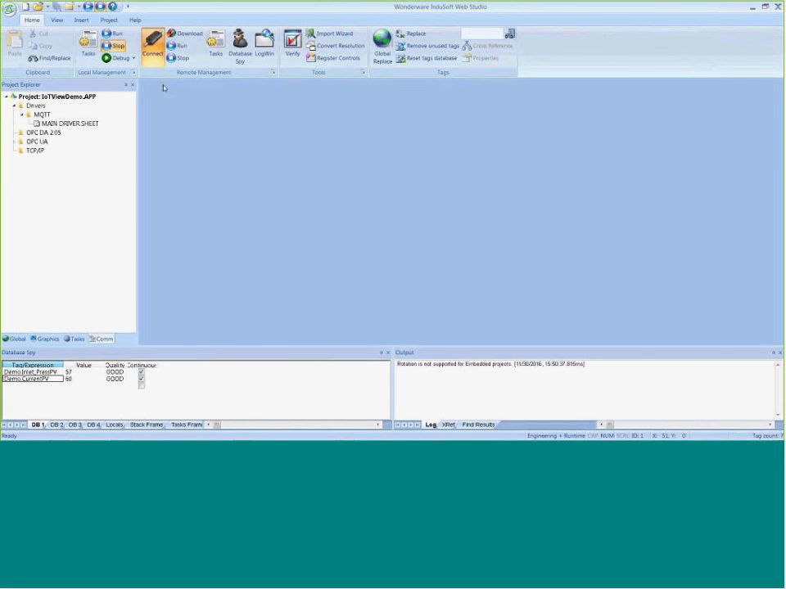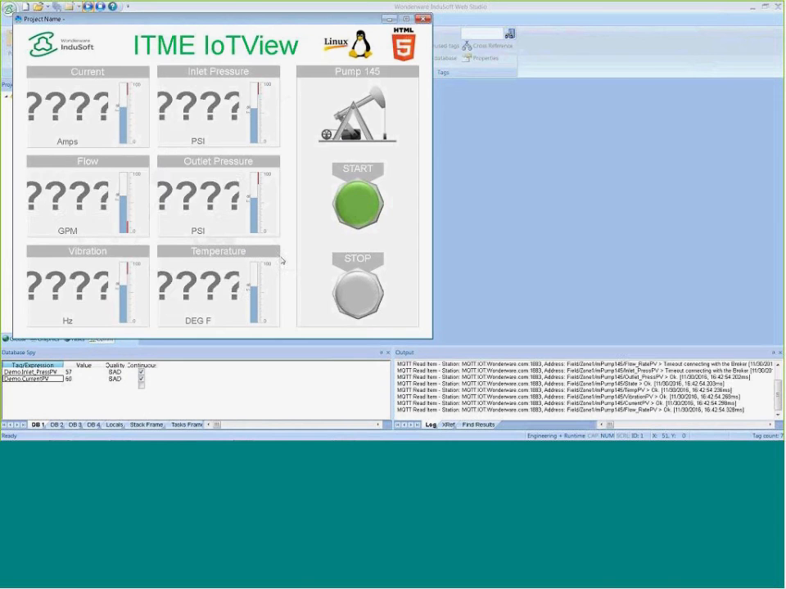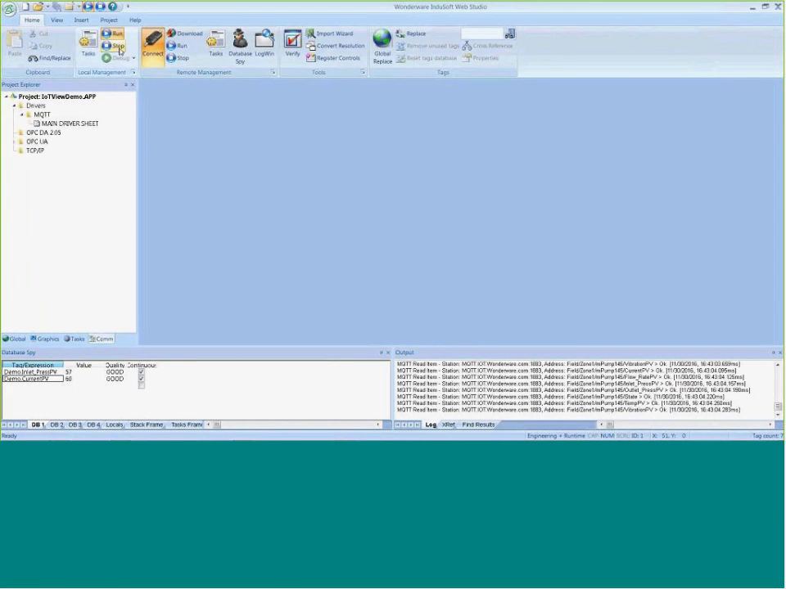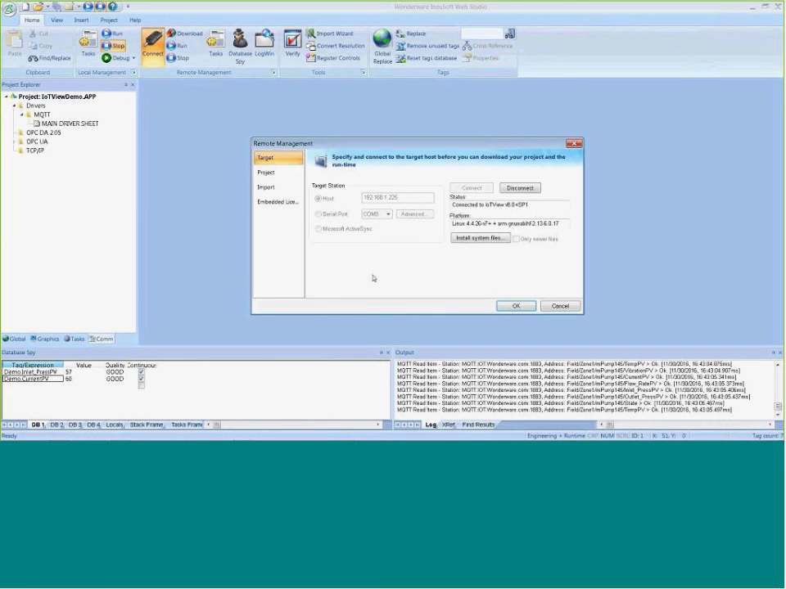So before I start my IoTView application, I wanted to show you here that I can actually run this on my InduSoft Web Studio runtime here, and I'm actually connecting and communicating to that broker remotely. This exact same project that's here on my desktop runtime, I'm going to go ahead and stop it. I'm going to now connect up to my Raspberry Pi, and